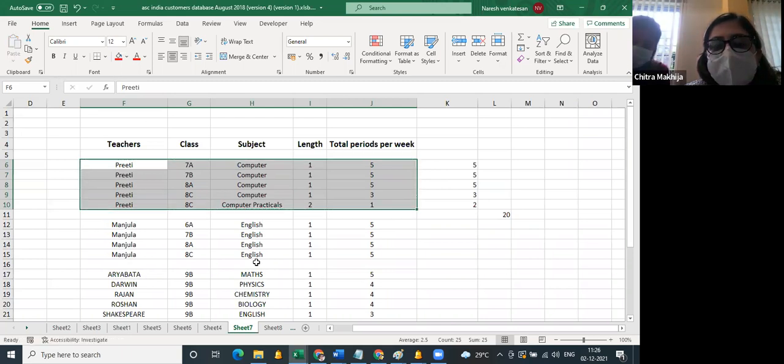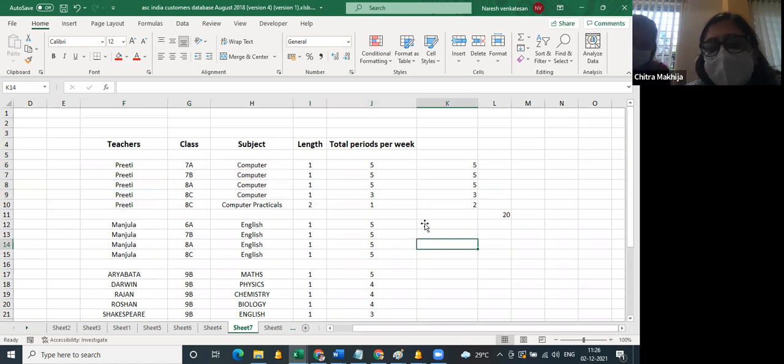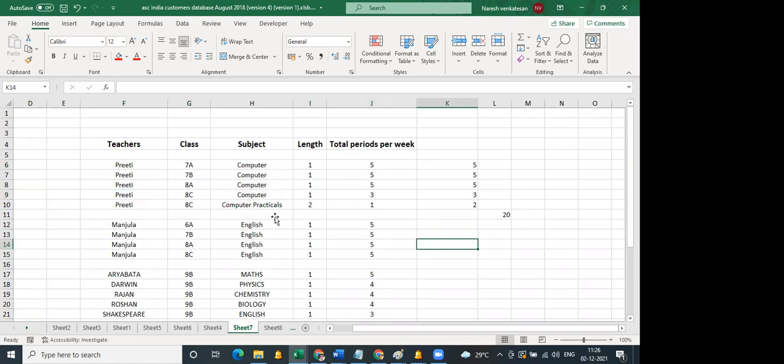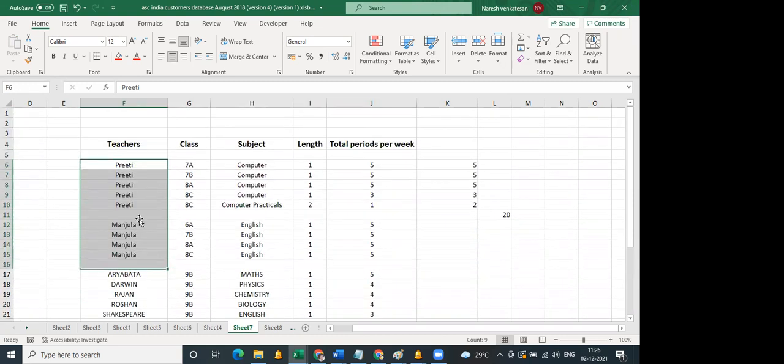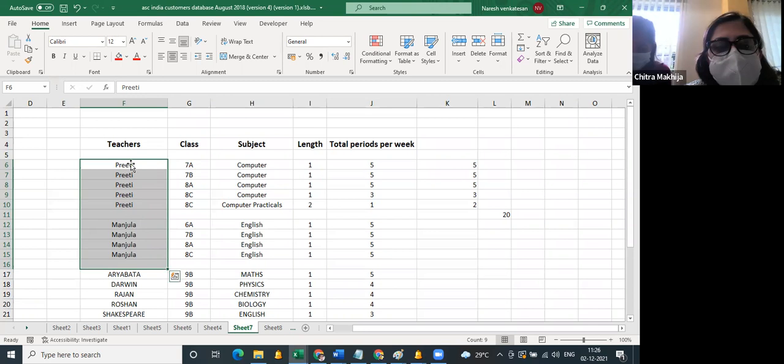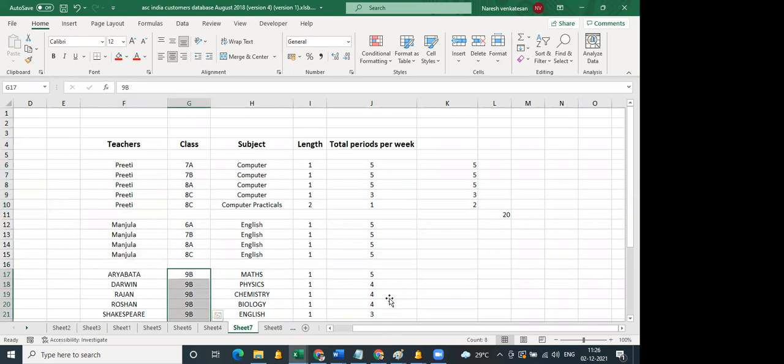Or does it have to be constant throughout the school? Yes, madam. You see, you have 2 teachers. Not necessary, madam. You can follow the same pattern. Only thing is that in the same Excel file I have created the teacher-wise timetable allocation. This is class-wise. You can do the same thing, madam.